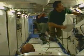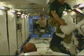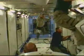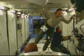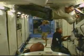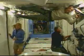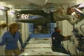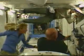As you can see, the space inside the Kibo Laboratory is filling up quickly. Yesterday, 7 of the 8 racks that launched inside the logistics module were moved from the logistics module and into the laboratory where they'll be staying permanently. The 8th was moved the day before. And since Kibo was launched with 4 racks, that gives